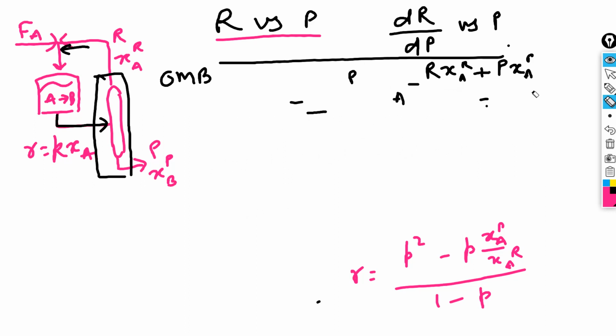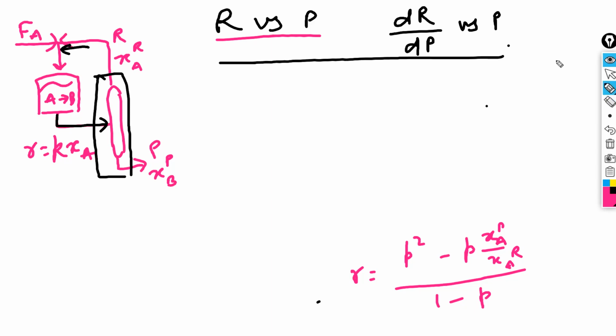And so from this overall material balance and the column material balance, we have been able to get R. And now if you differentiate both sides of this equation, what you should get then is dr by dp is equal to